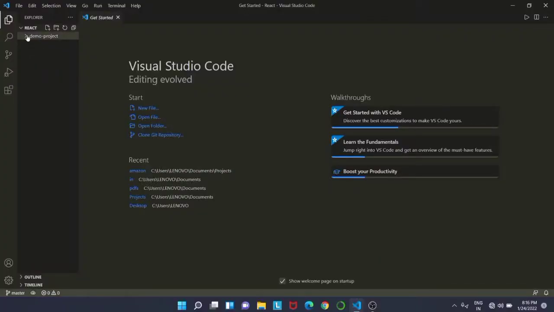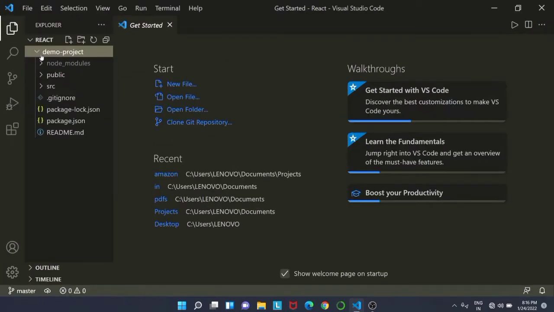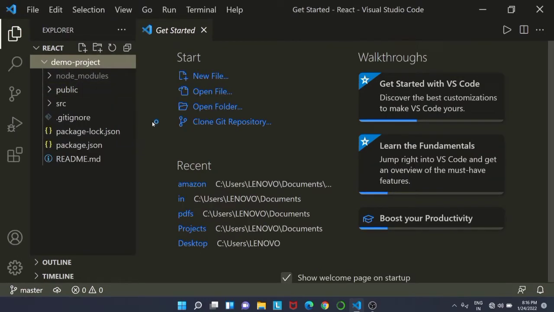Let's open Visual Studio Code. Yesterday we created the demo project. Just open that in Visual Studio Code. We created our React.js project using the command create react app. It gives us some default folders. So let us have a look at these folders. Inside our demo project, we have node modules, public folder, source folder, a gitignore file,